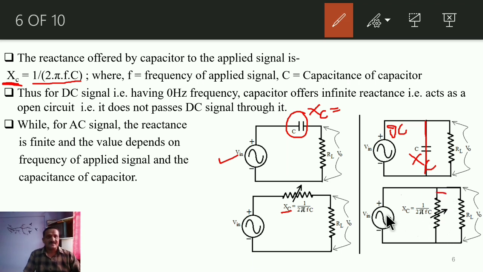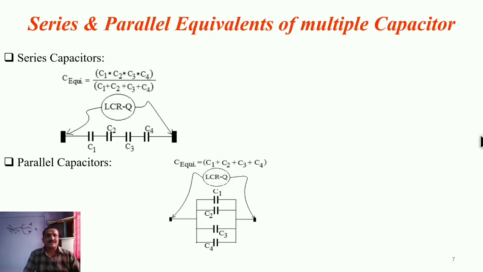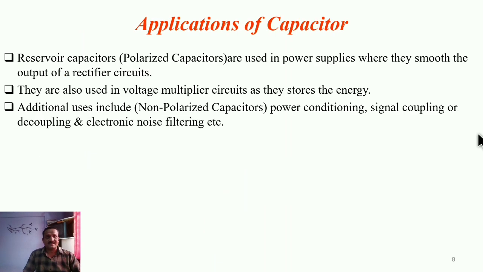See, for an AC input signal, again this XC will be variable, acting as a variable resistance, and if the input signal frequency is very high, this XC will be almost equal to 0. That means this capacitor will act as a short circuit for this high frequency input AC signal, and that's why the voltage across that short circuit path will be almost equal to 0. So according to that connection of capacitor, either parallel or in series, it will act with that AC or DC. That means either it will pass or it will block it, right?